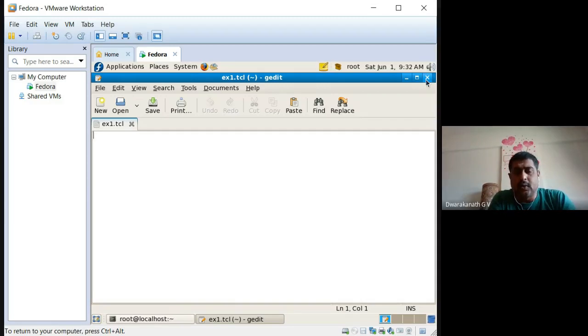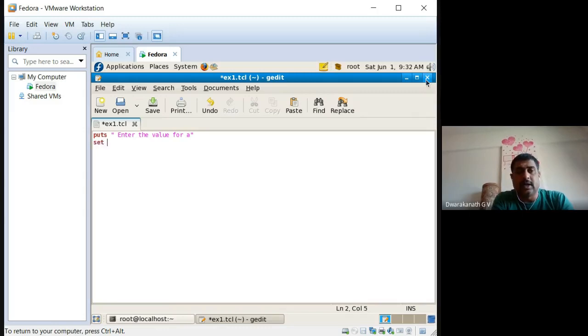Now we come into the new window and start with the program. First we need three variable values from the user: puts "Enter the value for a". If anybody is not following, you can interrupt me. Now we have to get the value a through the keyboard.